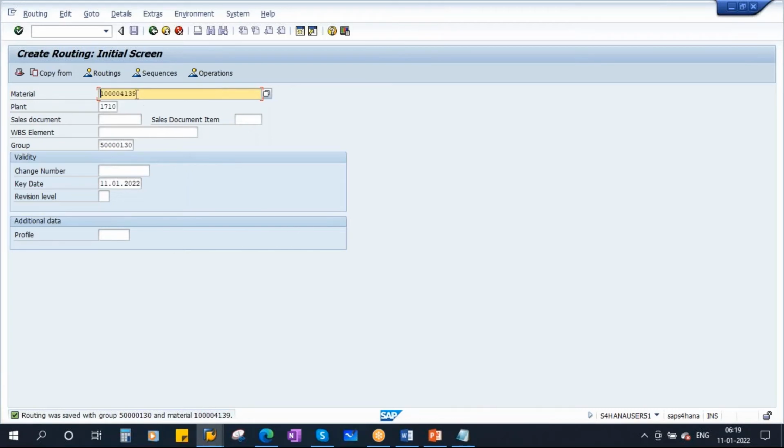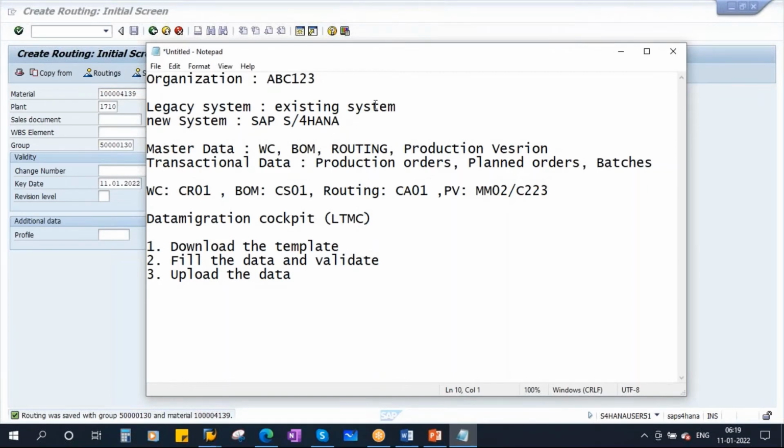Okay, suppose this is a product. We already have the BOM, and we have the routing. Routing we created. What is the routing number?